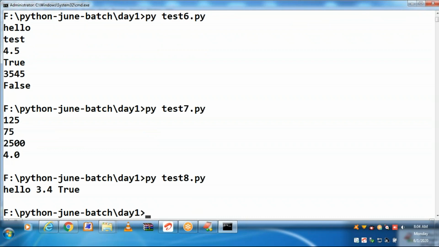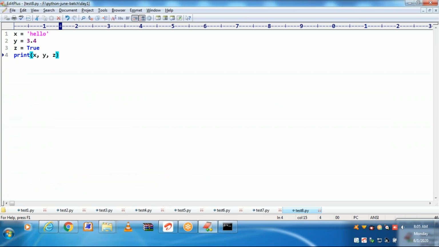Absolutely possible. A variable you can straight away declare and assign a value. X is equal to something, Y is equal to something, Z is equal to something, ABC is equal to something, XYZ is equal to something. Variable declaration is very simple in Python. No need of only XYZ, any name.